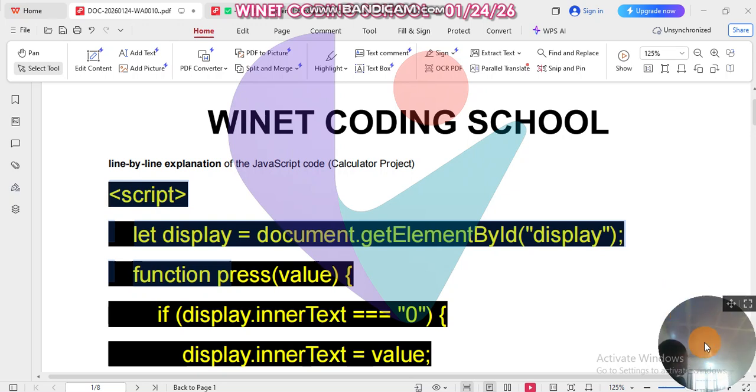Working on a calculator, that phase should be straightforward. Moses, focus on